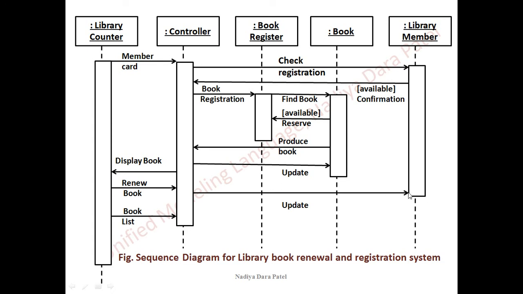Here is where my interaction ends, so I have completed my activation box right here. Later I don't find any interaction, so I don't need to stretch these activation boxes further down. Even here there is just one simple interaction, so I have completed it. There is one more interaction, and after this interaction there is no such interaction for which I need to draw this activation box, so I have kept it here. Understanding the length of the activation box and the length of the lifeline is very important, but that will be achieved once you understand all the possible interactions.